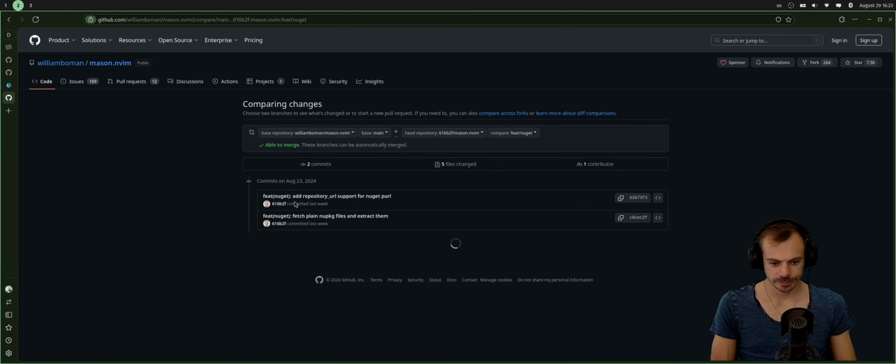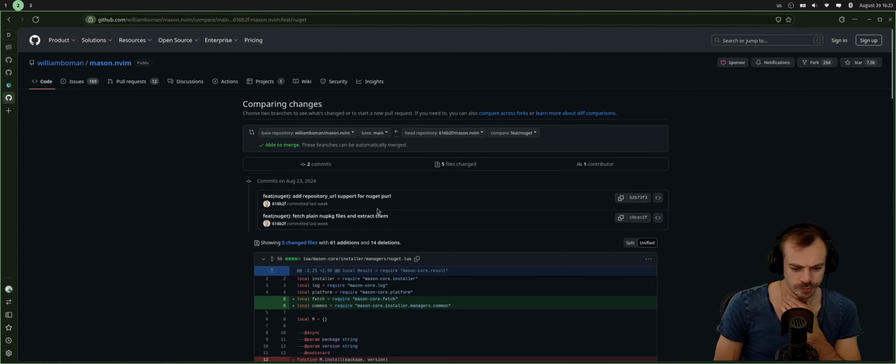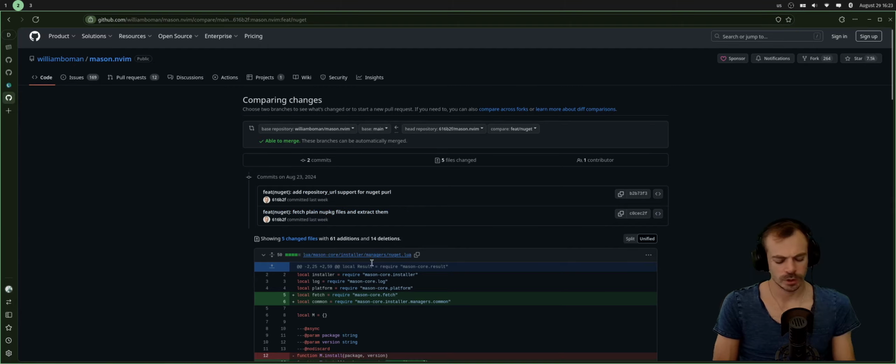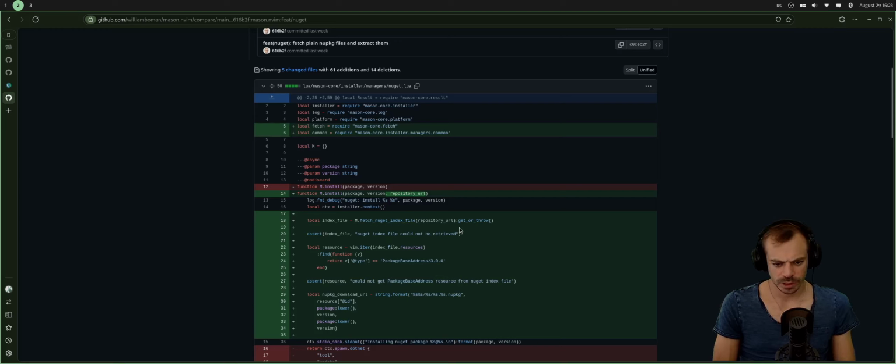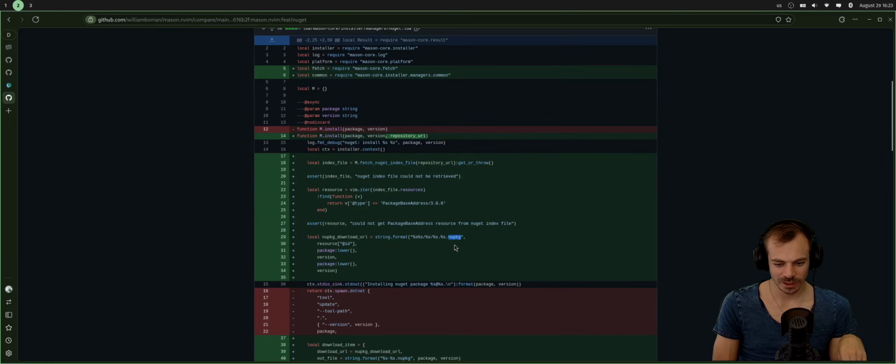Two commits ahead. So the thing that I implemented the last time was to be able to pull plain NuGet packages, which means we just pull the new package like this, and there are actually zip files, so yeah, they are easy to extract. So unzip them,